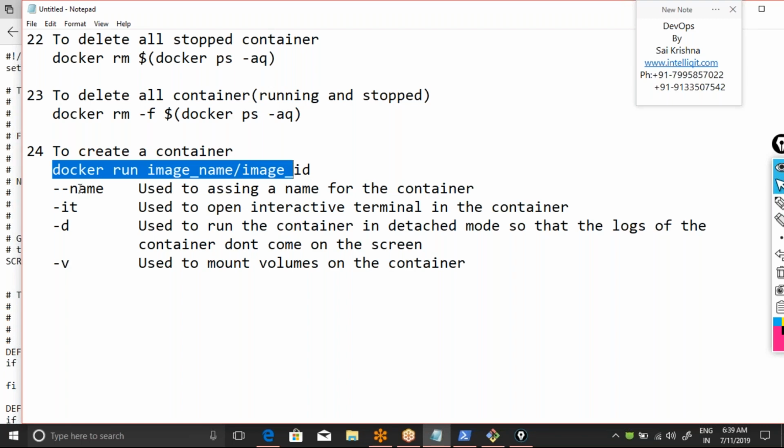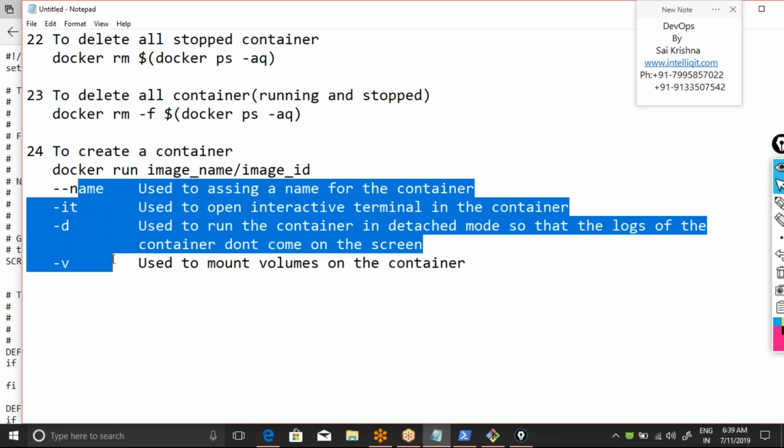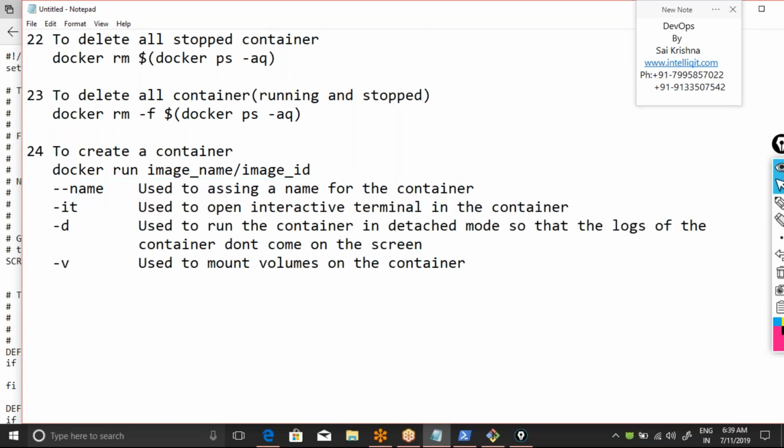The 24th command, along with whatever options I'm trying to give over here, try to remember as much as you can. Once this 24th command is over, you still have time, just try to look over the other commands, but this is vitally important before we can actually start off with something. Okay,